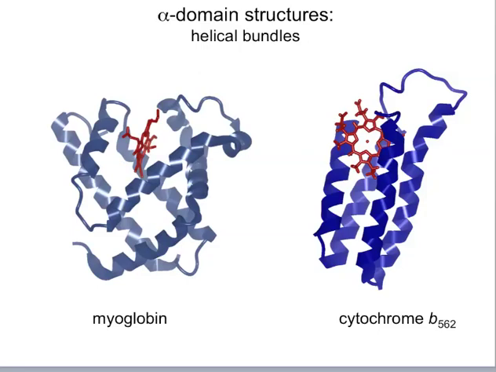First, alpha structures. These are helical bundles, and we've referred already to myoglobin, and we saw last time how we can look at the primary sequence of myoglobin, the amino acid sequence, and decide that that should be a helical protein, and in fact it is. When we look at the three-dimensional structure of the molecule, we see that it's comprised of all of these alpha helices. However, interestingly, in the case of myoglobin and in cytochrome b562 on the right,